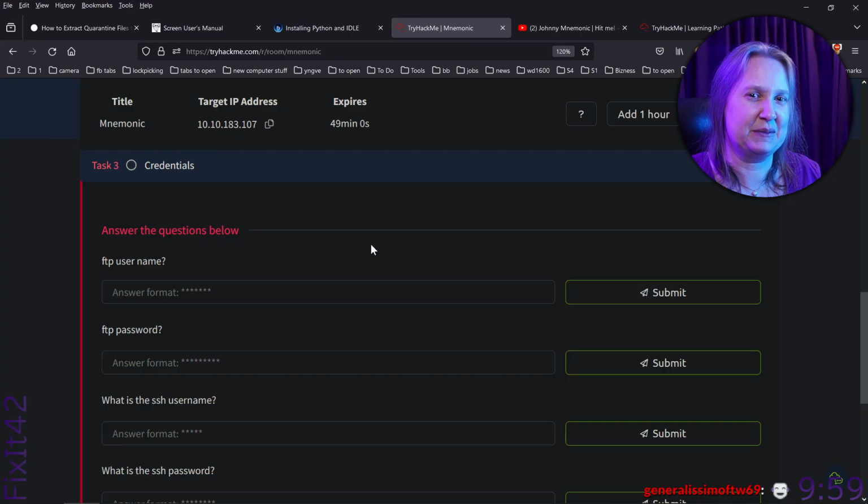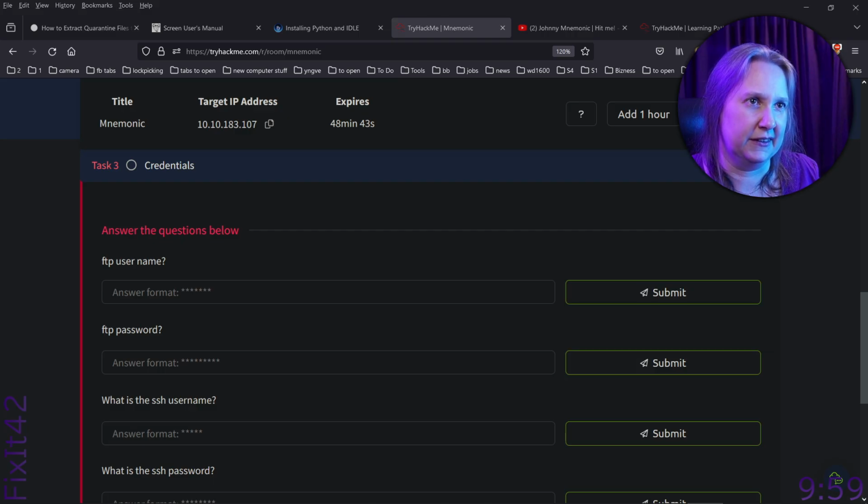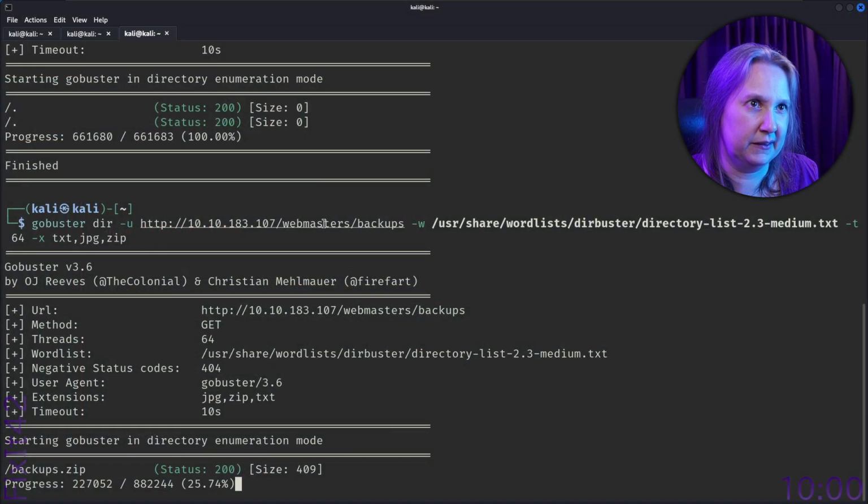It's not like, let's just simply go to our browser. We have webmasters backups, and since I'm lazy, I think even I can click this. Can I click this? I can right click and no. Click again, wait, let it actually happen.